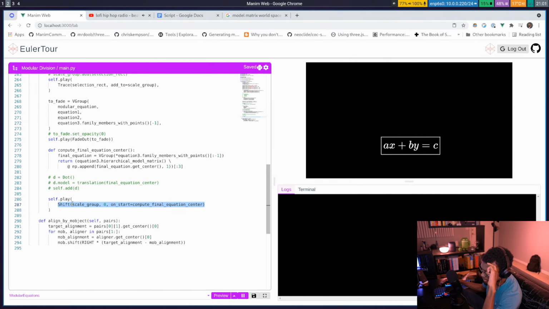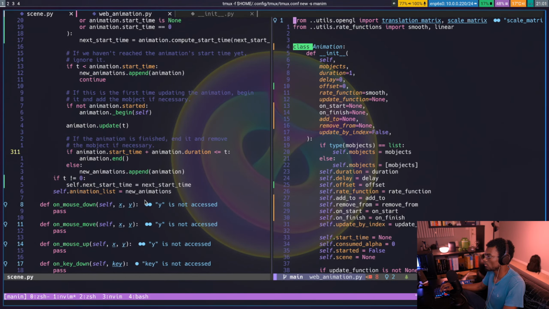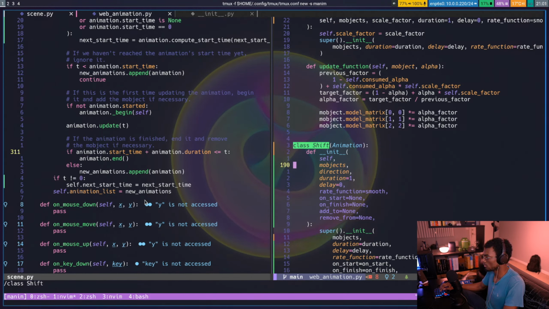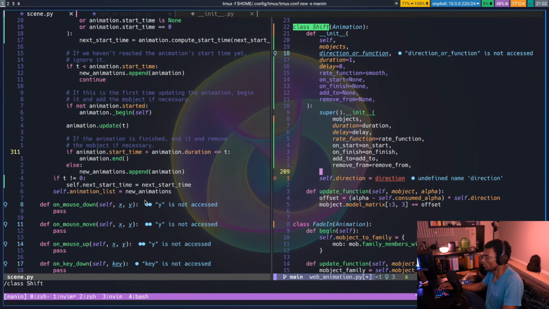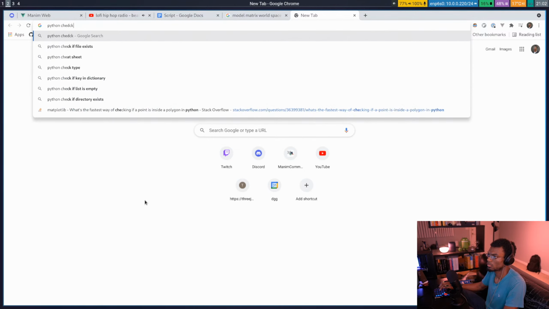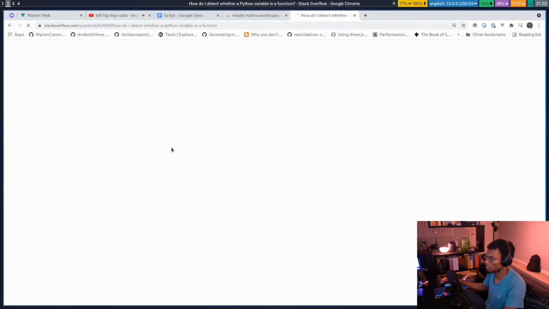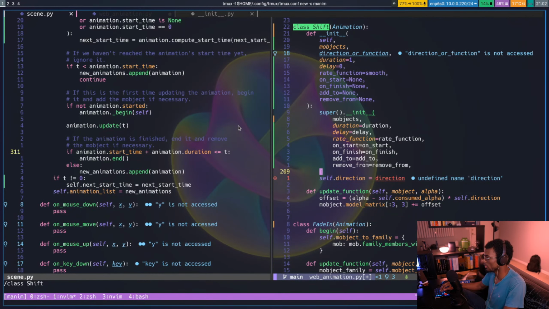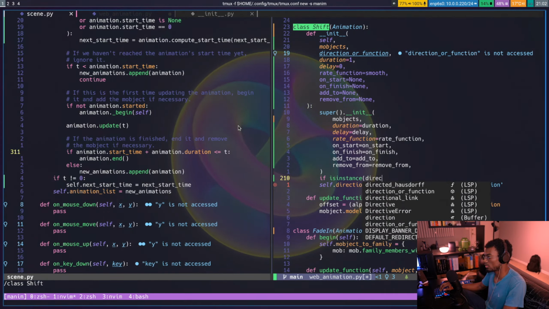Okay, this needs a new animation. Or it needs a shift that can take a function. I need a way to check a function. Is instance whatever function. So if is instance direction or function